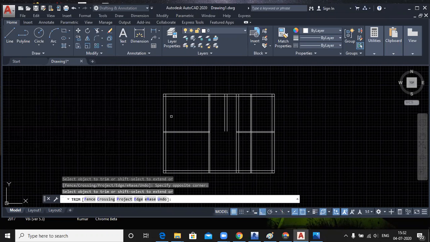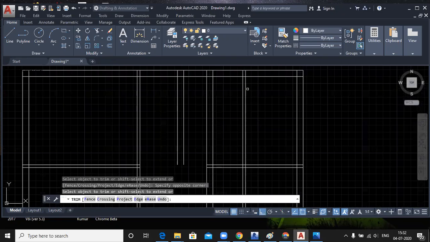This diagram is completed in only 5 minutes, but if you draw this plan with lines, it takes approximately half an hour. That's why we are using the construction line.